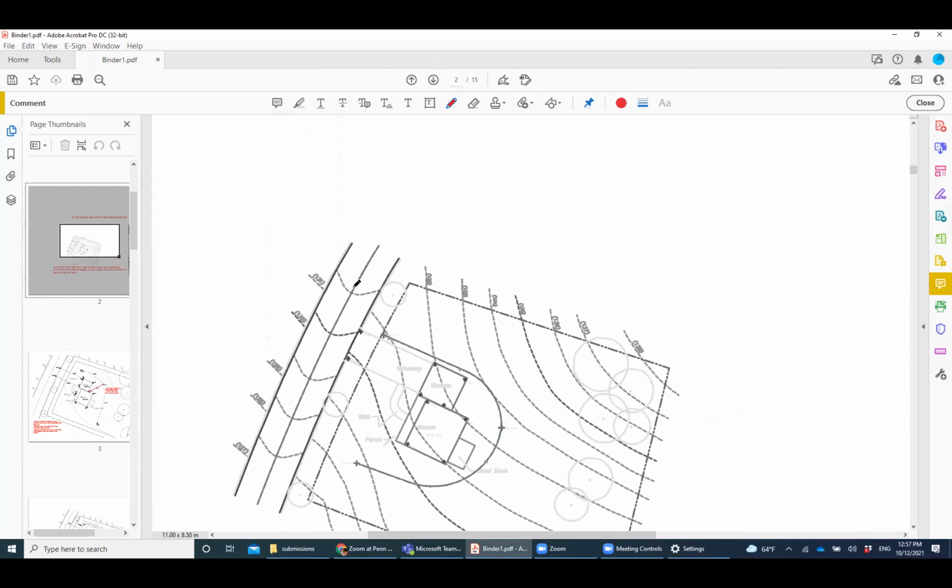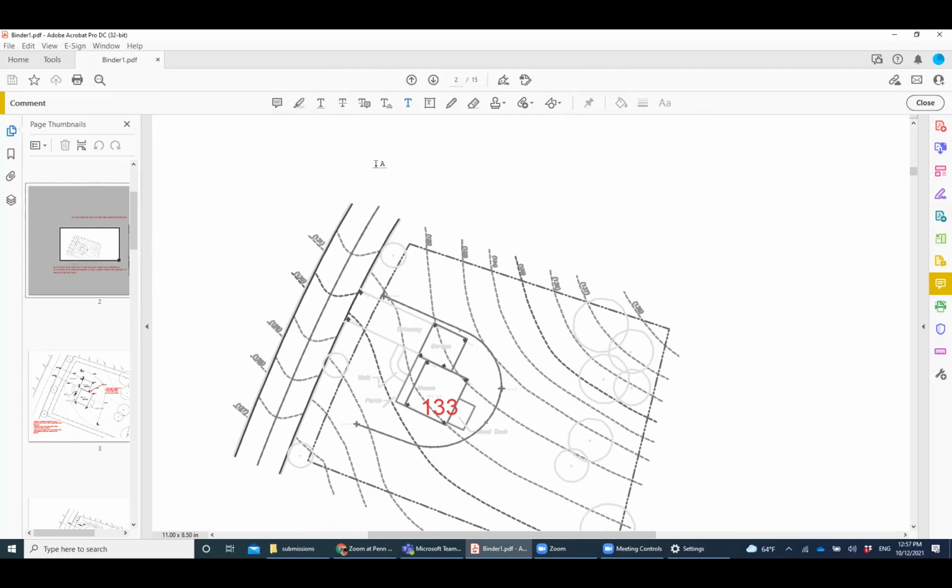I can see your garage or house FFE. I can see your house FFE is 133. Let me try to mark it up. So this is 133. And then the house, I will actually need to know a few numbers in order to see if